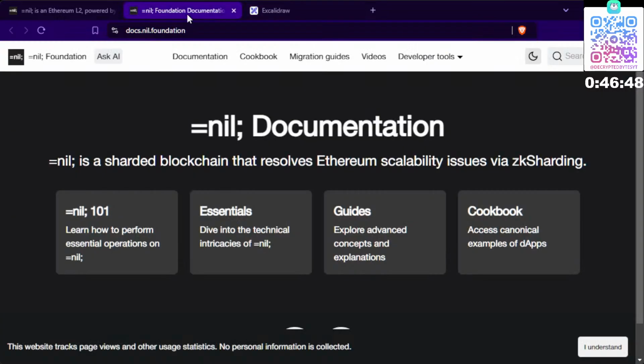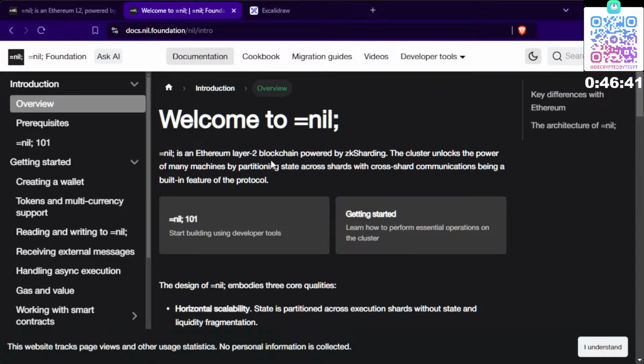So these are the kind of minor things you need to think about when you are doing the VM. But for us, they will document what we need to do, and we just have to follow the guide. So okay, Nil is